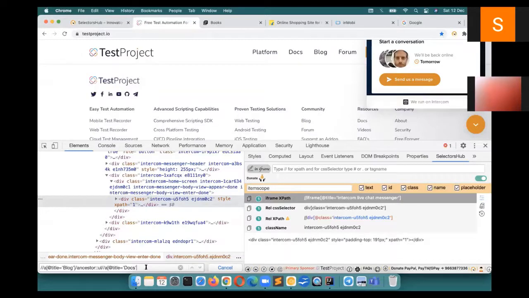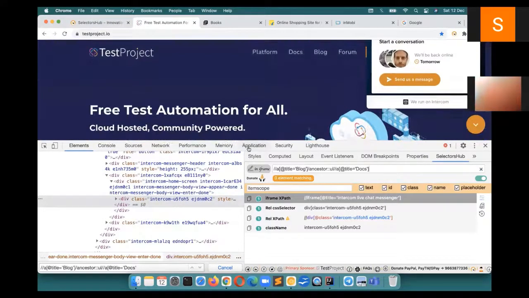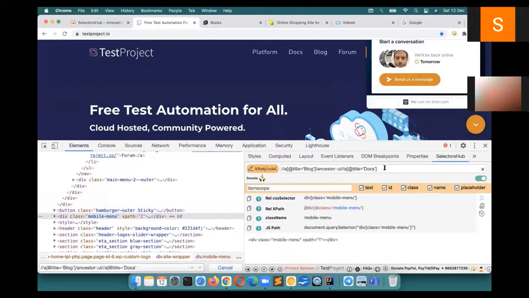You think what could be wrong, but if you paste the same thing here in Selector Sub, it will immediately tell you that there is something missing. The close square bracket is missing. You can fix that, right? And it tells you what is missing over there. So it is really helpful that you can fix it here.